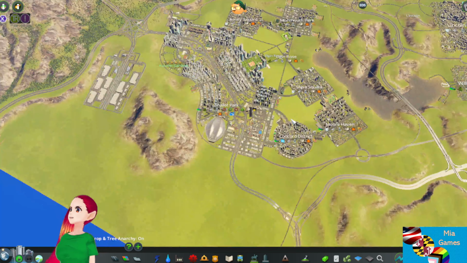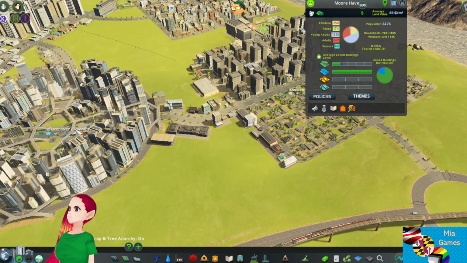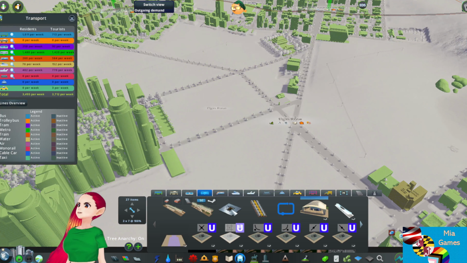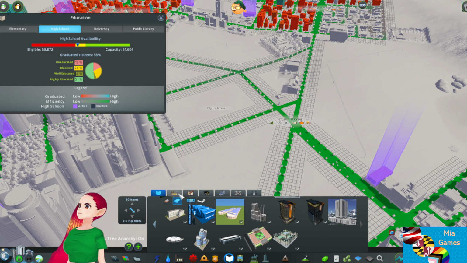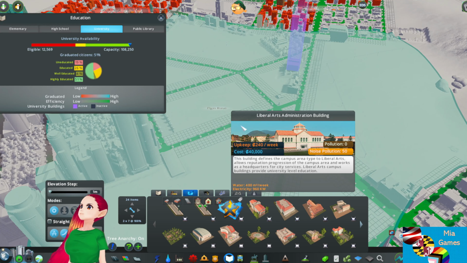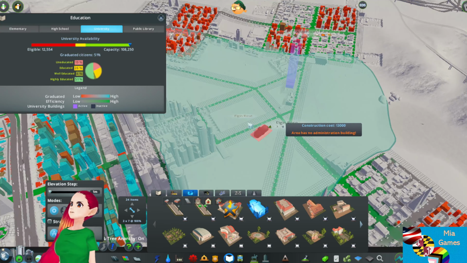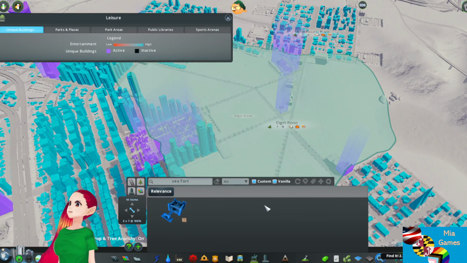And let's check on these guys. How's everything going? Perfect. Concord. We're doing good. And we forgot to put in our campus here. So let's see. This one's going to be the level arts. We can only put one in. But you know what we could do? We can actually... Can we do this? No administration building. Okay, let's see if we can actually find...